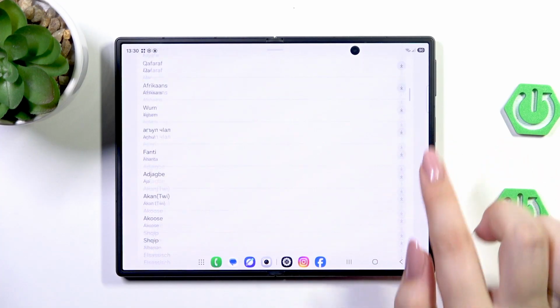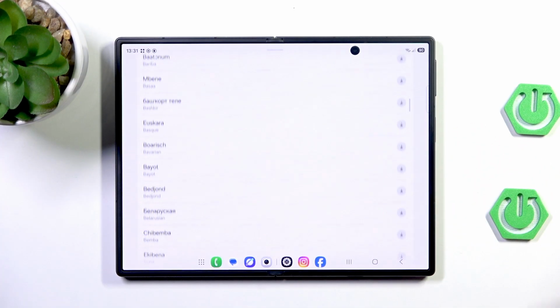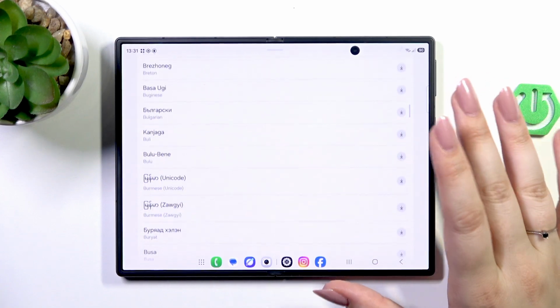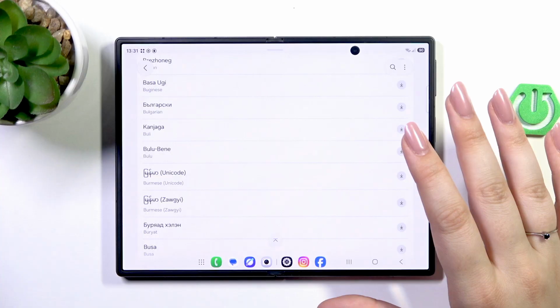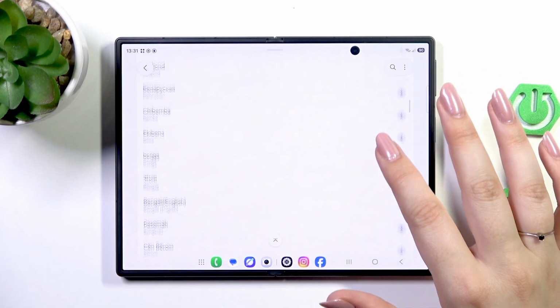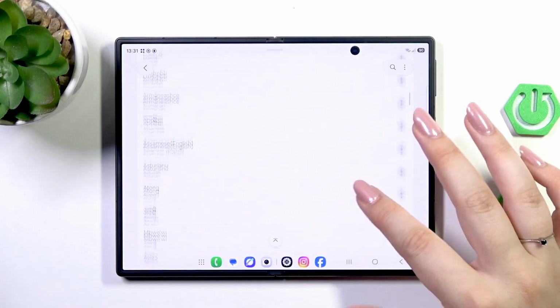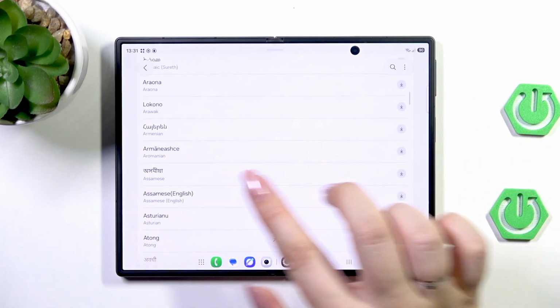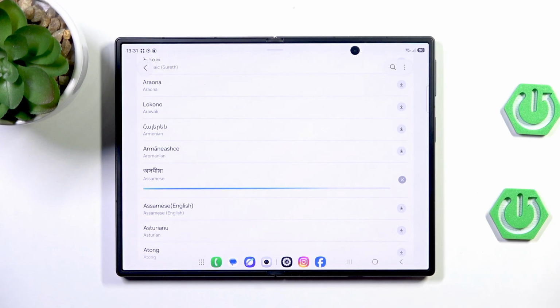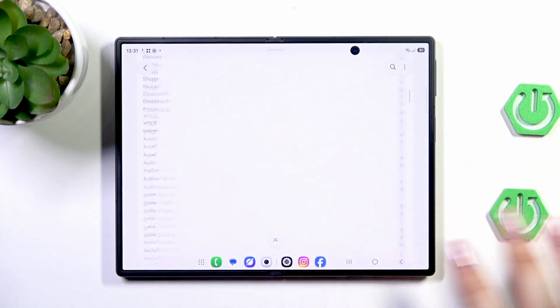So here we've been transferred to the full list of available languages from which we can choose. So here we've got the part of available languages, but they are not downloaded. So you can obviously choose something from those. I will pick this one and tap on this download icon. Your device will simply download the language. It's easy, nothing really